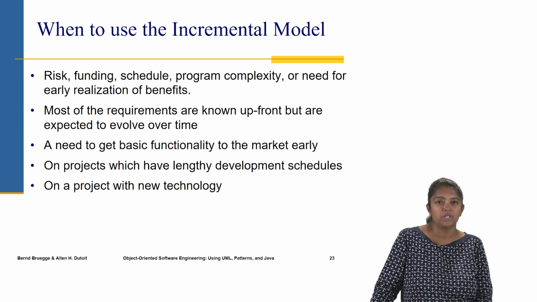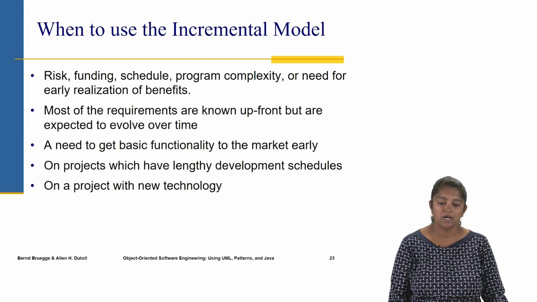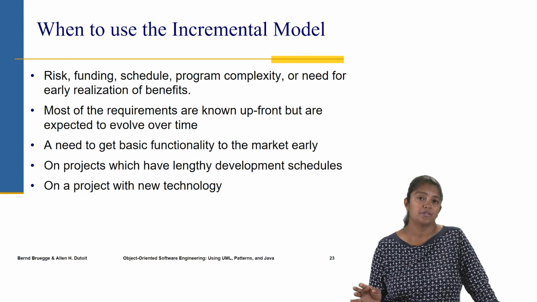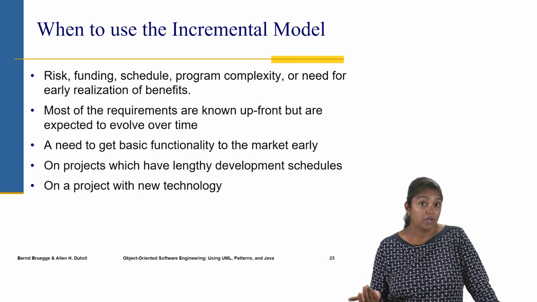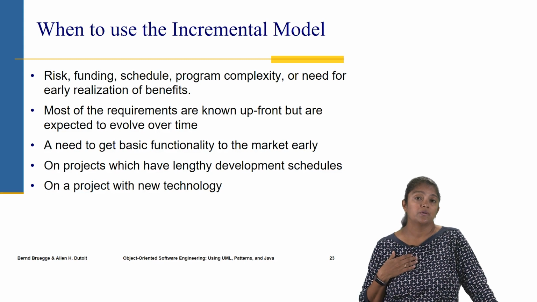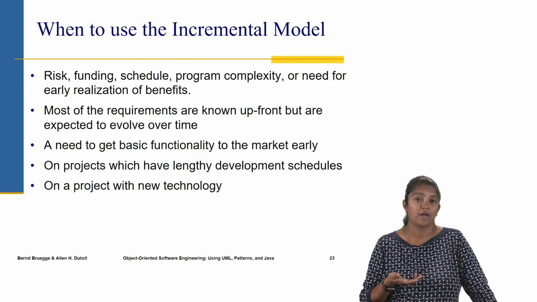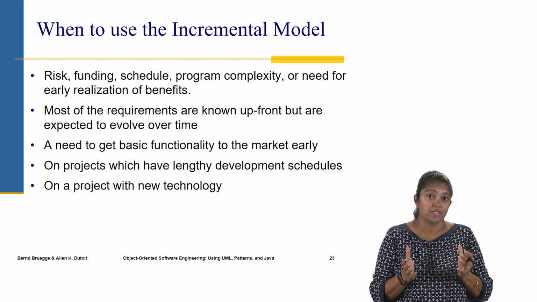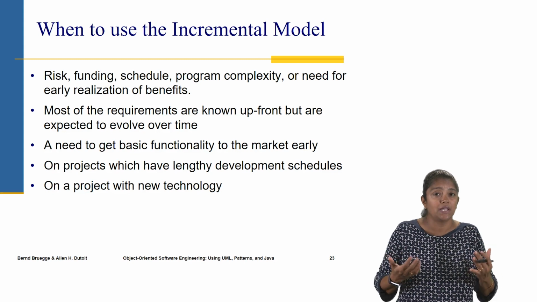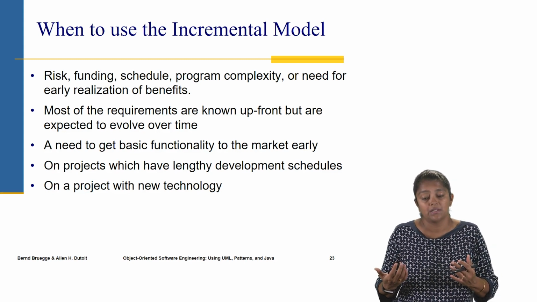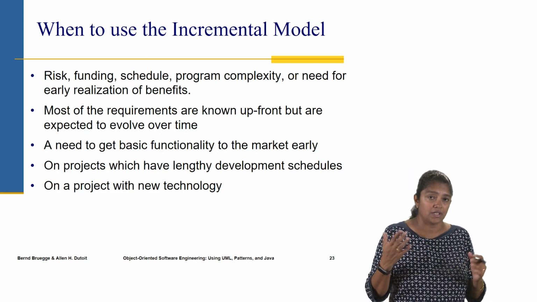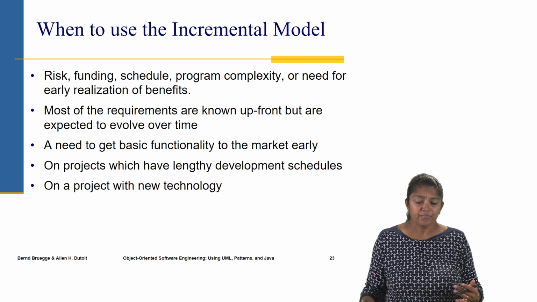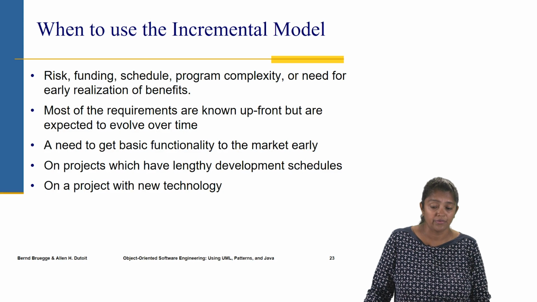Now, having looked at both the strengths and weaknesses, this is still a good model where there's a number of risks related to either the funding, the schedule, or the program complexity. So in those cases, it might be useful to have some working product of the important functionality. If one is able to see that, then some of those risks are taken care of, and one could look for additional funding and then add more resources to it and then build the remaining features. So it's suitable where we have those kind of systems.